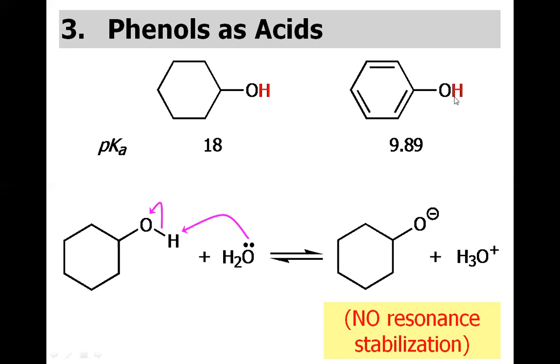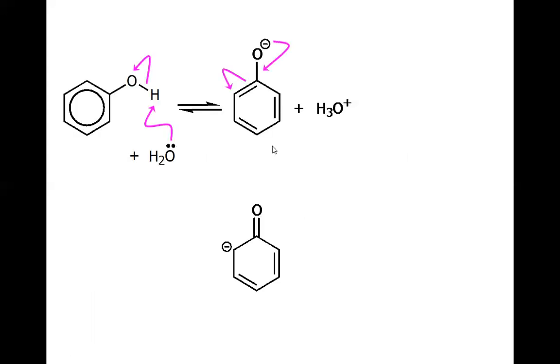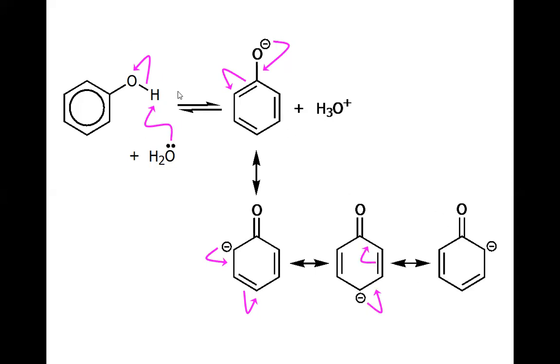However, in the case of phenol, if the negative charge forms by the removal of this red hydrogen, this negative charge will be delocalized in the aromatic system. So this is how this negative charge will delocalize. The negative charge will appear at the ortho position, and then this negative charge may also appear at the para position through the resonating form. So basically we have three resonating forms for this phenoxide anion. In the first we have the negative charge on the oxygen, in the other we have the negative charge on the ortho, then at the para, and again at the second ortho position.